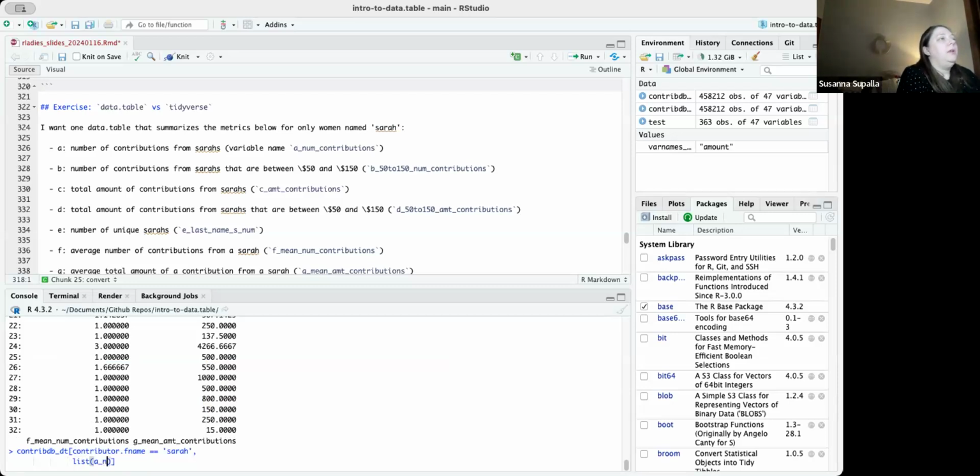And then we're going to go num contributions equals, we've got our shortcut here. So if we want the number of rows, the number of contributions here, we can just do .N. And then we've got our B, number of contributions from Sarahs that are between $50 and $150. Again, another shortcut we can use is between. So we've got 50 to 150 num contributions equals, and I'm going to use a little hacky thing here where